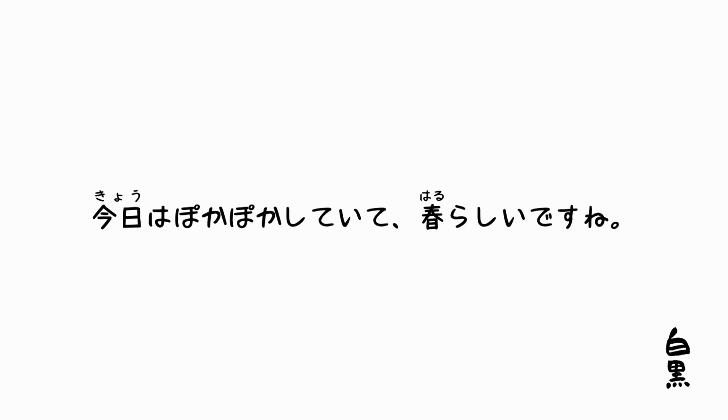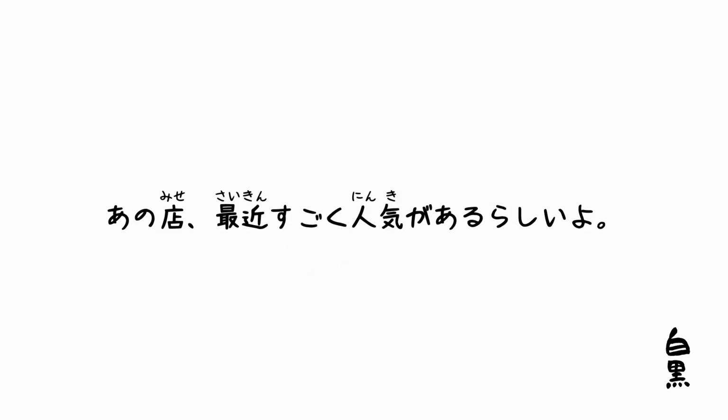The most typical example is the suffix らしい, meaning befit, be like, or having the typical characteristic. 今日はポカポカしていて春らしいですね。春らしい。Notice, however, that the auxiliary verb らしい used for hearsay, guesswork, or supposition is a follower type. あの店最近すごく人気があるらしいよ。あるらしい。